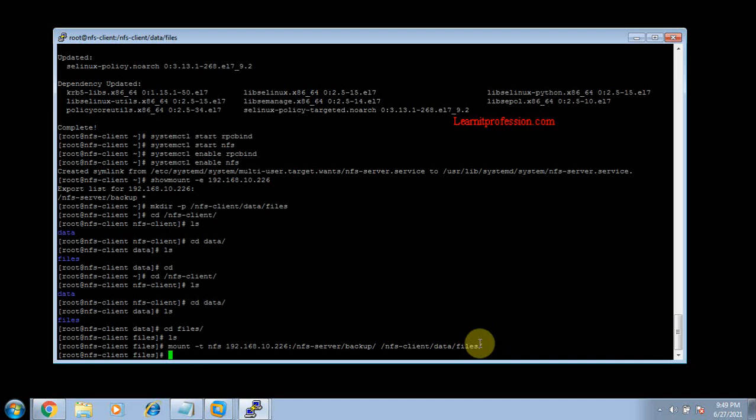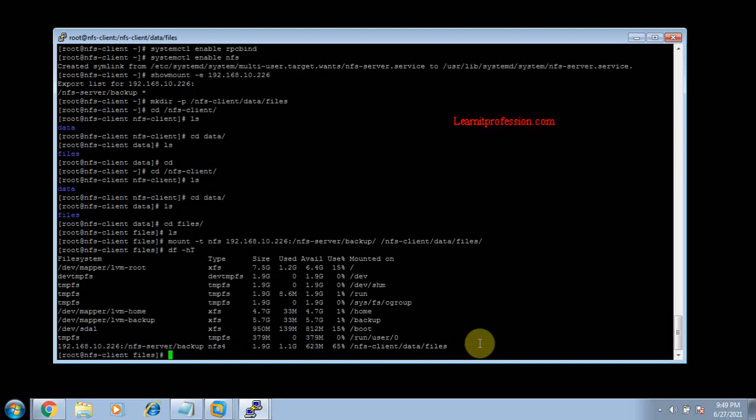The directory of the NFS server share, that is /nfs-server/backup, is successfully mounted on the CentOS Linux 7 client machine on the directory /nfs-client/data/files. To check or to verify, type the command df -hT.